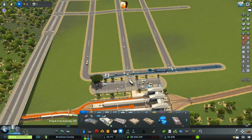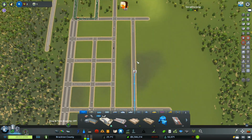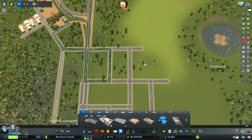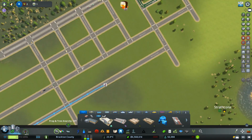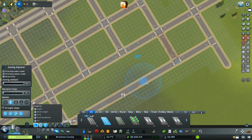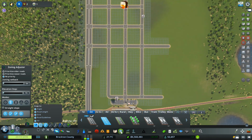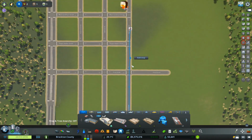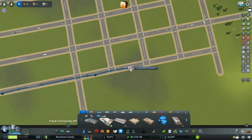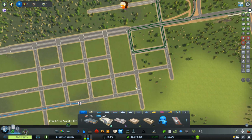All right, so grab this bus line. And okay, we'll just remove it, start new bus line. We'll get it to stop out over here, and then it will just come up this way. And this is just temporary. I probably should have drawn all the streets in. This is going to be the bus line that is kind of the main bus line for the town. All right, so just gonna drag that over. Okay. Oh, never mind. Drag it down to there. What the heck? Now let me do this. Okay, perfect. And I know we have an express bus into the forestry industry, but we are going to...